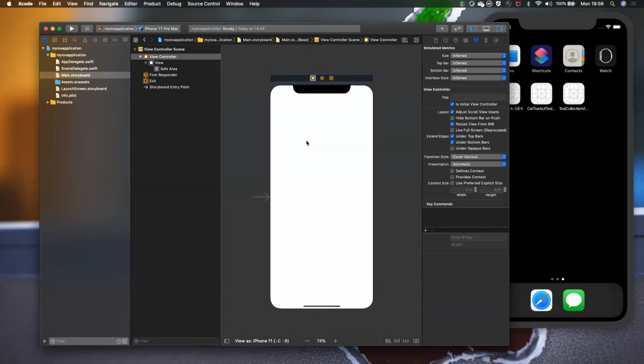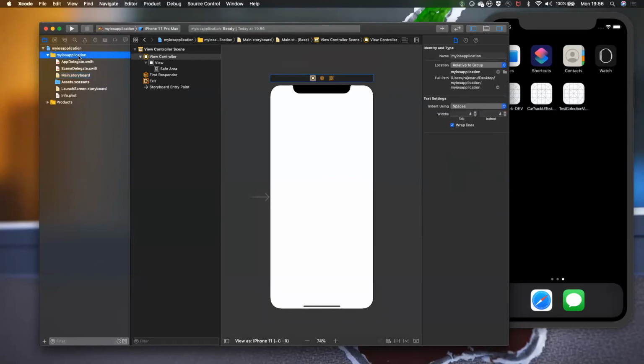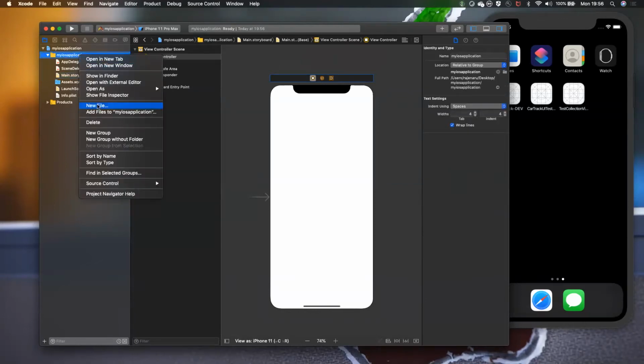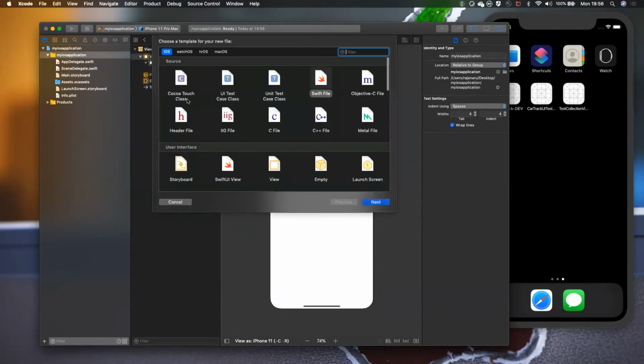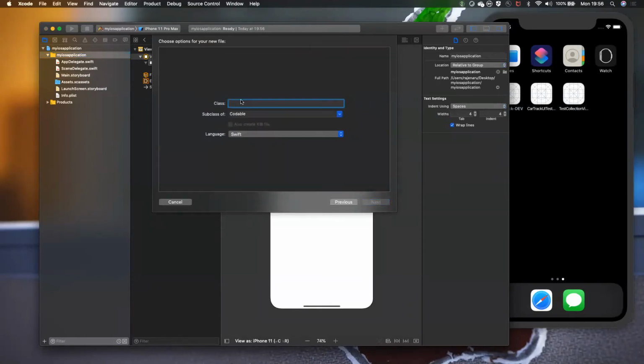So what I will do is I will just create a class for this view controller. I will right click and I will click on new file. I will just select Cocoa Touch class and then I will click on next. Okay, so then here you can give your class name. So I will be creating a login view controller first, and the subclass will be like UIViewController.